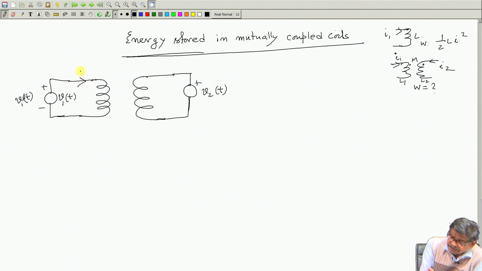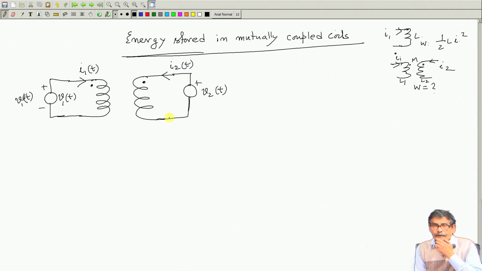And the direction of the current I will assume, suppose these two are dots, given; without dots you can't proceed. So, I1(t), and the current on the other coil, let it be assumed to be directed in this direction. This is the thing. Okay. So, this is L1, this is L2, and this is the mutual inductance between them, and this circuit is